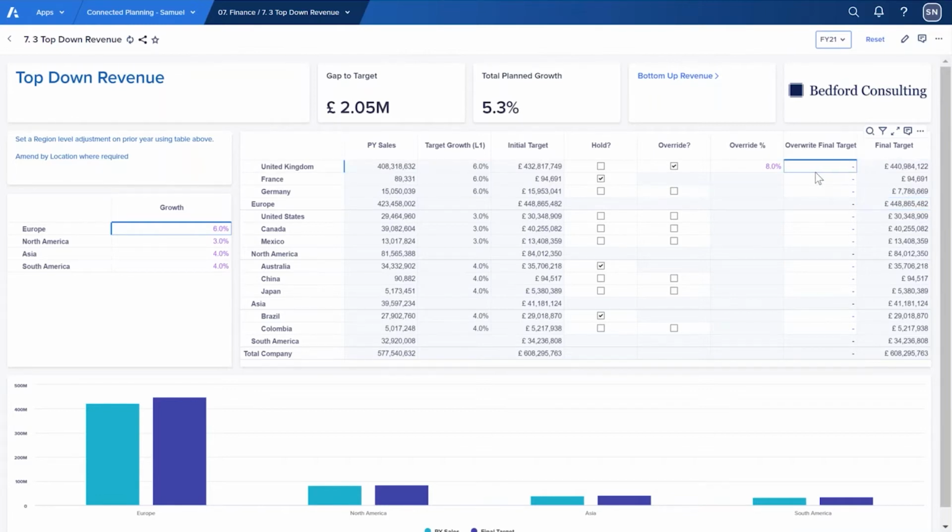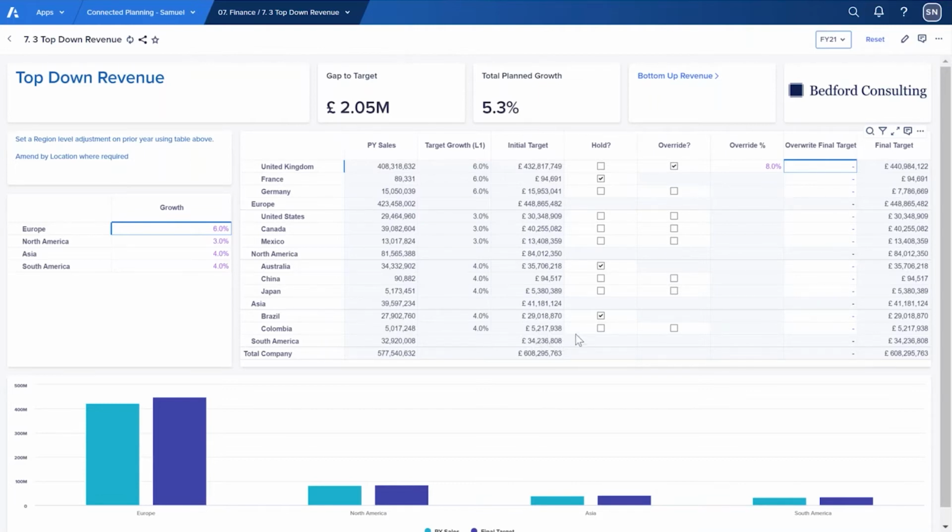We can input a final target if we want to, if we wanted to input an absolute number instead of a percentage. And of course, this approach that we're following here in terms of this top-down allocation is an approach that is using the list functionality. And as we know, lists in Anaplan are created in any way that we want them to be. A list can relate to anything, as we previously said. So because of that, here we're looking at an organizational hierarchy, but this could be for anything. It could be for products, it could be for customers, it could be for employees, it could be for sales channels. Any list that we wanted to use would be able to utilize this top-down allocation method